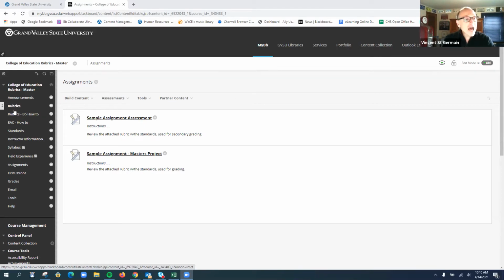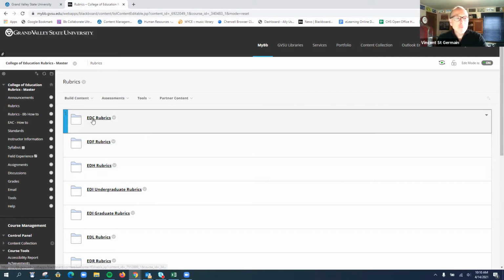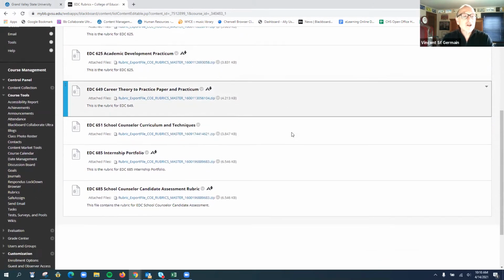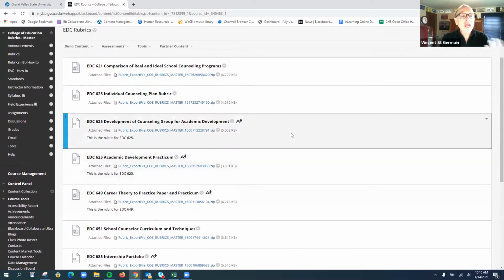So just going down the list of item menus that we have, in the rubrics content area, you'll note that we have a series of folders. These folders all have a program acronym that is associated with them. So depending on the course or section that you're teaching, you would navigate to the appropriate folder. You would just simply click into that folder. And then you're going to see various rubrics that are utilized in conjunction with those particular courses and course